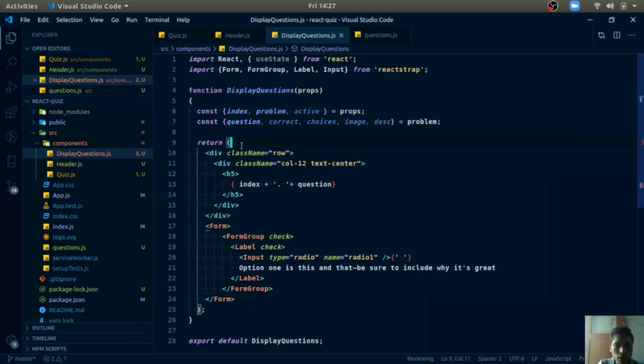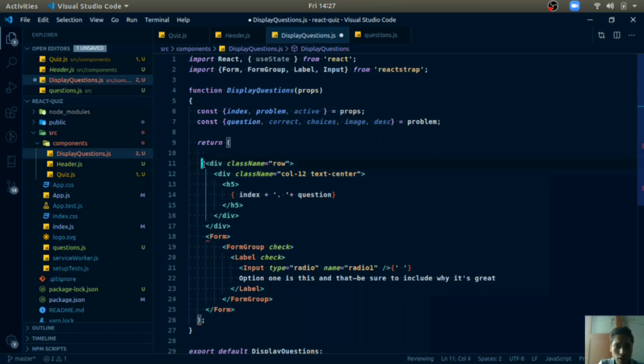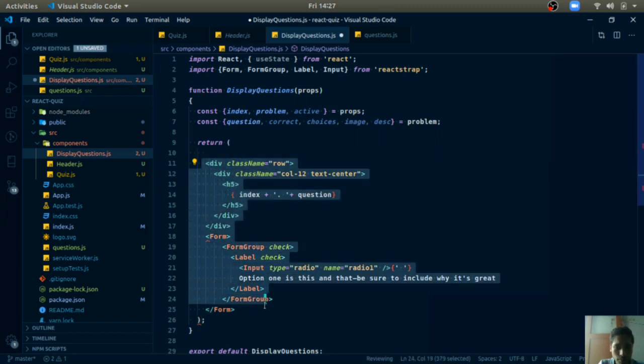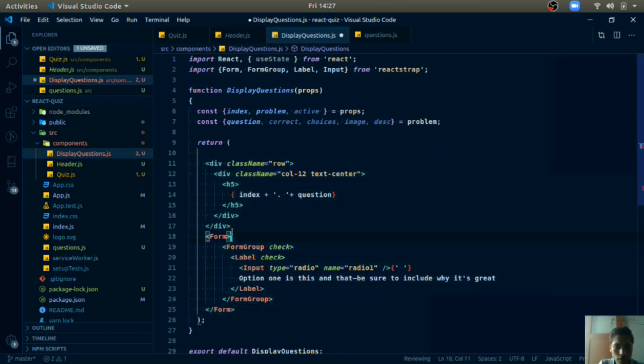Also, I want to tell you one thing. We cannot export a component in this way. What is the error here? We have two separate tags which are not enclosed in a single tag. So React tells you to place them in a single tag, and if you don't want to place them in a div tag, you can use empty braces like this. It is called a fragment, React Fragment. So simply place them in a single tag. Now they are enclosed within a single tag.